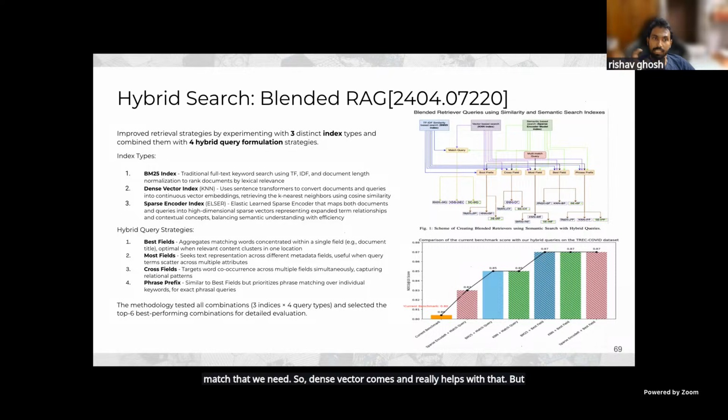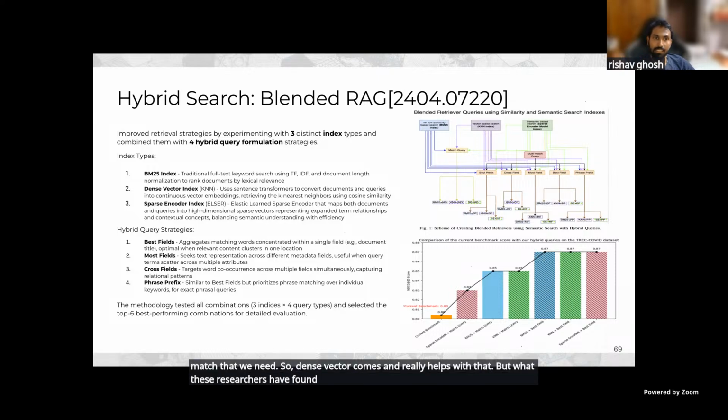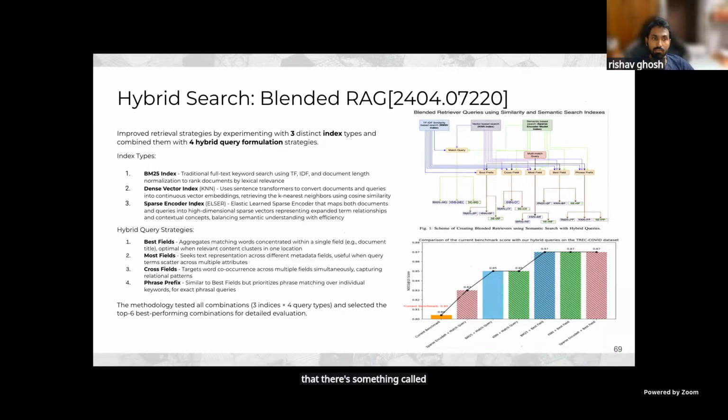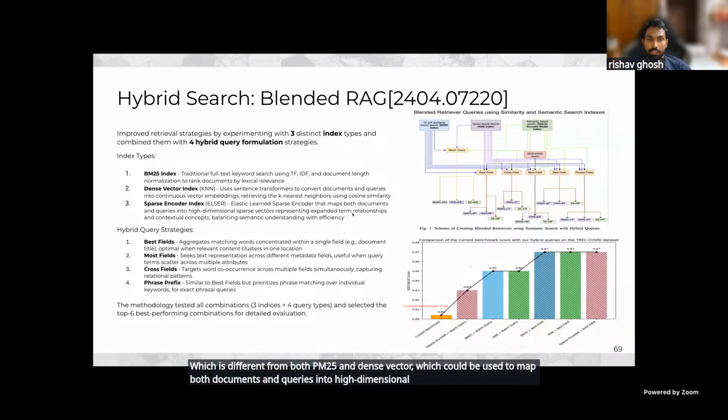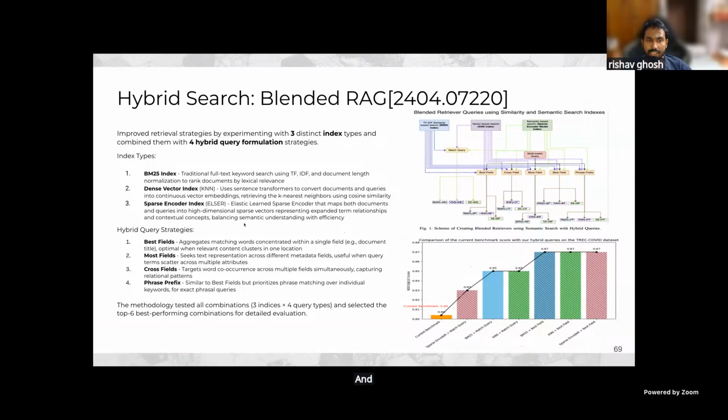But what these researchers have found, that there's something called sparse encoder index, which is different from both BM25 and dense vector, which could be used to map both documents and queries into high dimensional sparse vectors. And this really balances semantic understanding with efficiency.